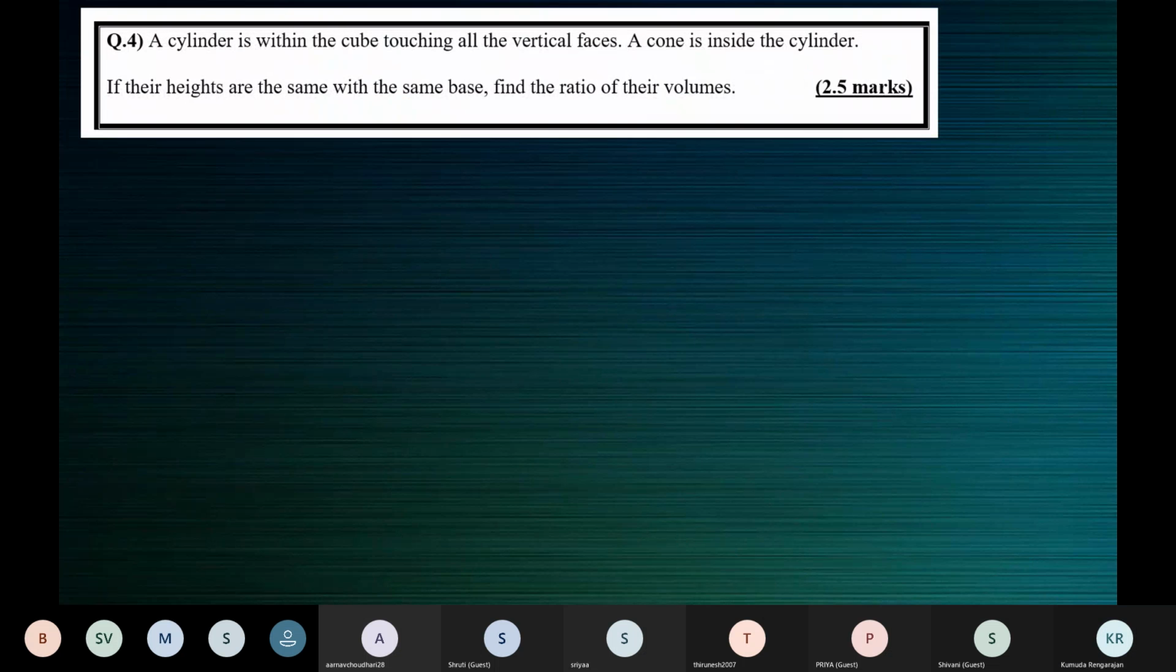Yeah, this is the next. A cylinder is within a cube. A cylinder is within a cube. Oh, I forgot to put the picture. It's difficult for me to draw. A cylinder is within a cube, touching all the vertical